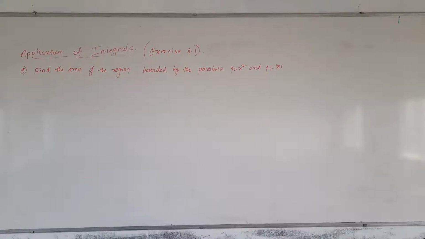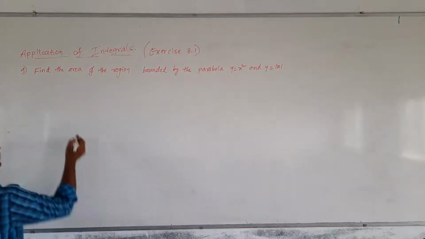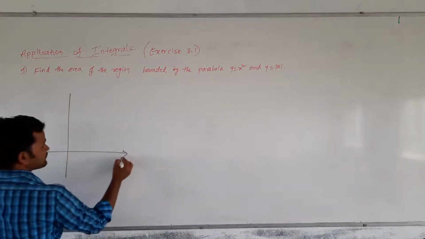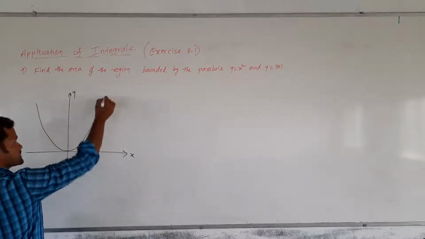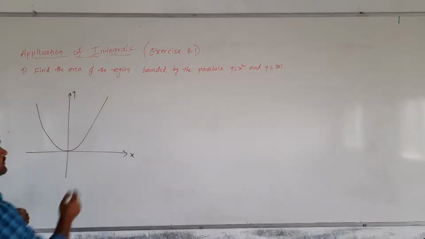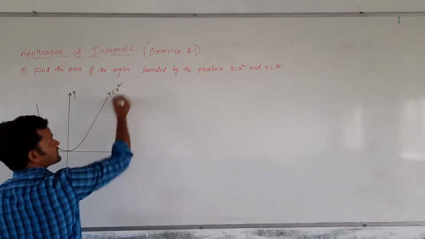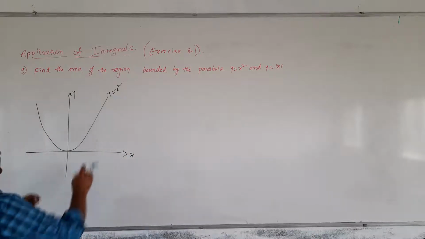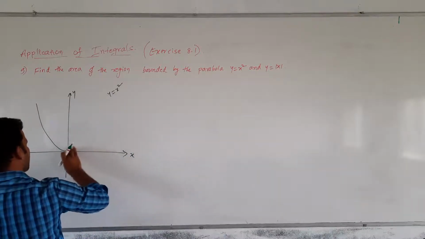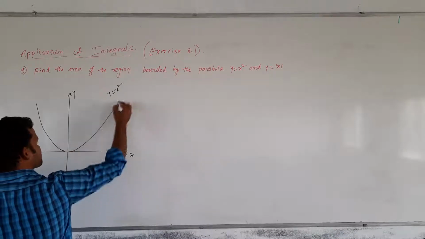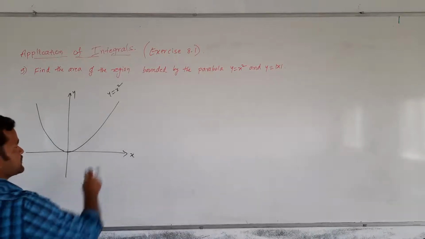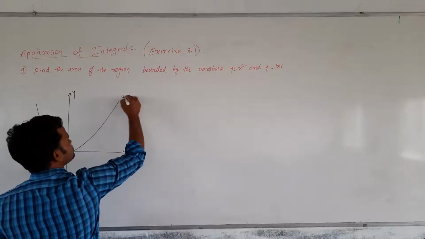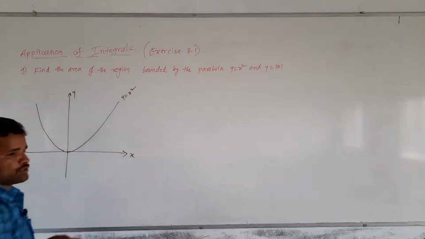Okay, now let us draw the graph. Find the area of the region bounded by the parabola. Parabola you draw first, y is equal to x square. This is a parabola symmetric with respect to the y axis. The graph takes the form like this. And then what they are saying, let us draw the graph clearly. y is equal to x square, and y is equal to modulus of x.